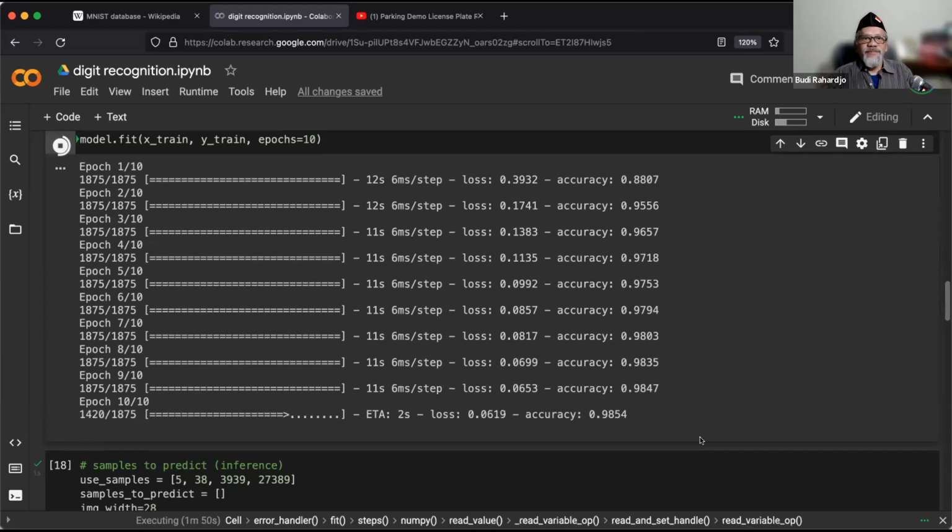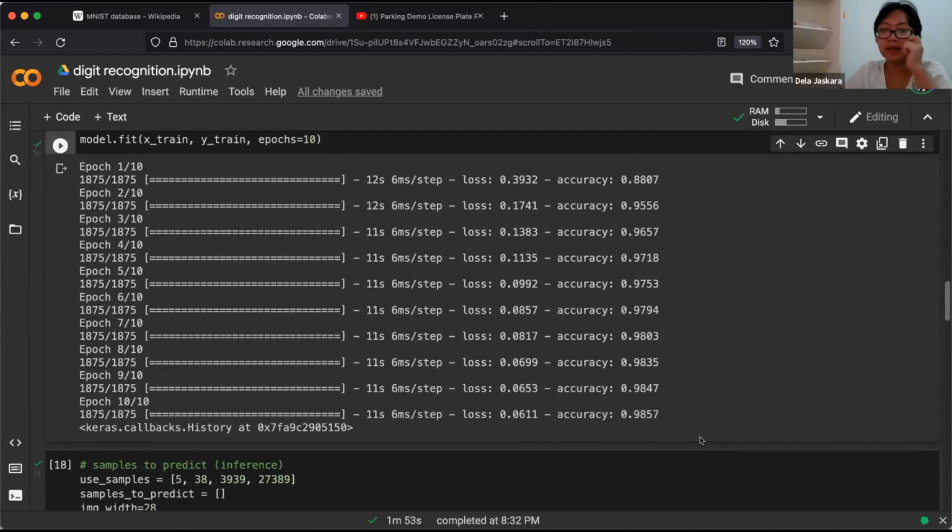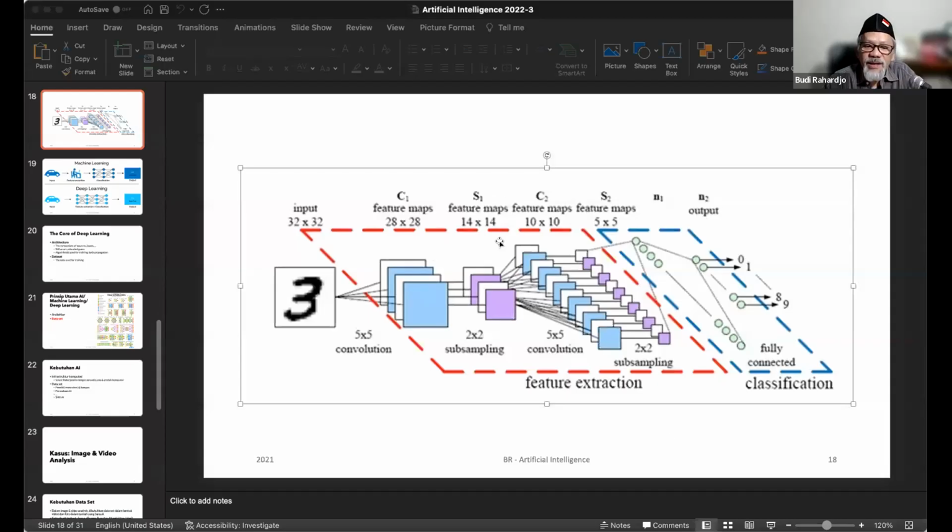Ada pertanyaan? Sorry Pak, maybe ini repetition ya Pak. Layer itu maksudnya what it means Pak? Layer itu di dalamnya itu adalah tadi. Oke, here is ini aja. Remember when we have this. Ini layers di dalamnya ini.